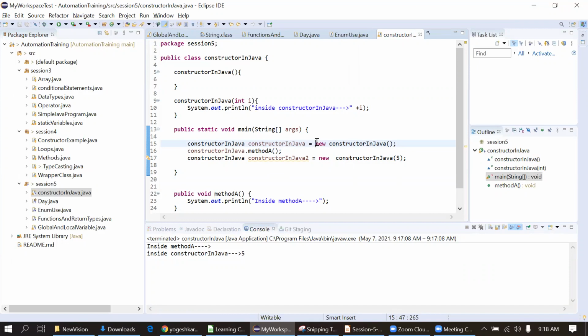It might not be clear where we can use this constructor, so I will give an example in automation. Suppose at page level we have to create the driver instance, meaning we have to invoke the browser. In that case, we simply pass the driver here, that particular web driver, and write code to initialize the driver, and that driver we can use further to perform actions.